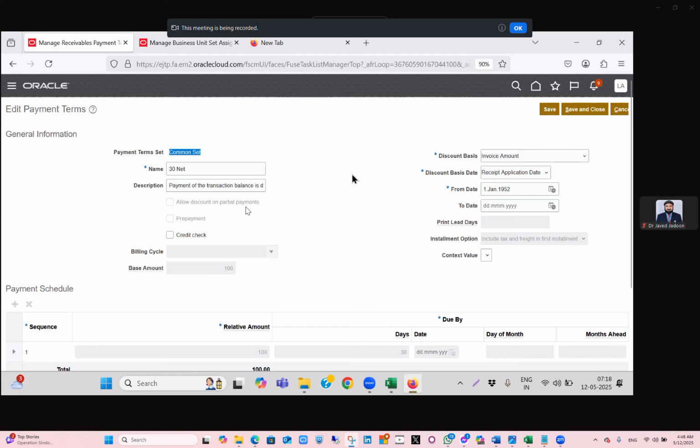So this is a checkbox that will be applicable in case the discount scenarios are applicable. Means when you're creating the accounts receivable invoice, and as a part of the invoice, you have some early payment discounts. For example, 30 days is when the amount is payable. But for example, the payment term is such that if you pay within 7 days, a 1% discount is applicable. So the assumption